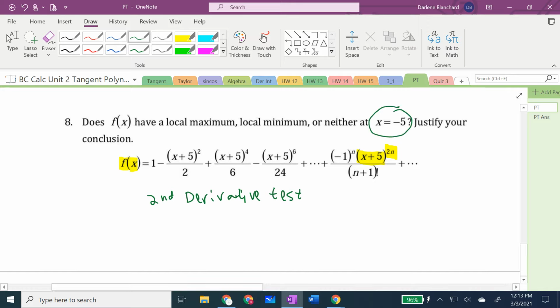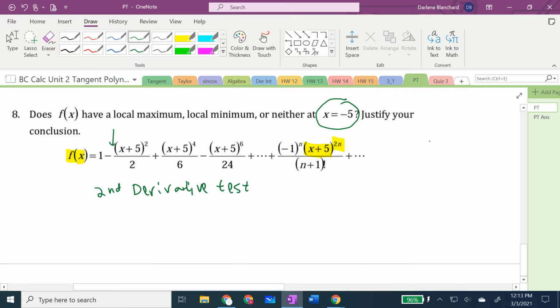You cannot use the first derivative test. You don't actually know that. What you do know is you do not have an x plus 5 to the 1 power. The only way you won't have that is if it's understood that you have 0 times x plus 5 to the first power. And the only way that's going to happen